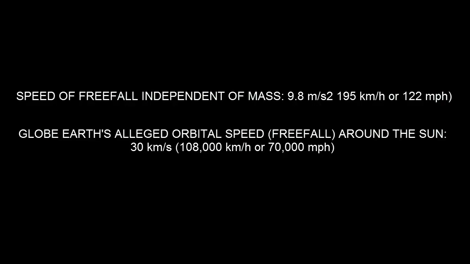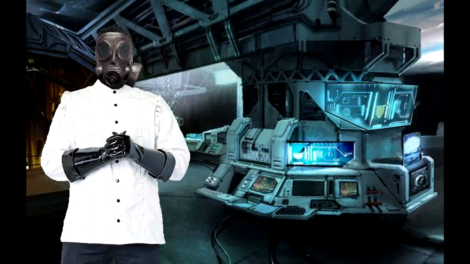This assumption, based on calculations made to fit the heliocentric model rather than actual measurements which have never ever been made, would mean that the Earth itself is falling at a rate many times greater than the rate of acceleration downwards required to make liquids not settle. This would logically conclude that if the Earth was in free fall around the Sun, liquids on the Earth would never ever settle. Nick. Can I call you Nick?